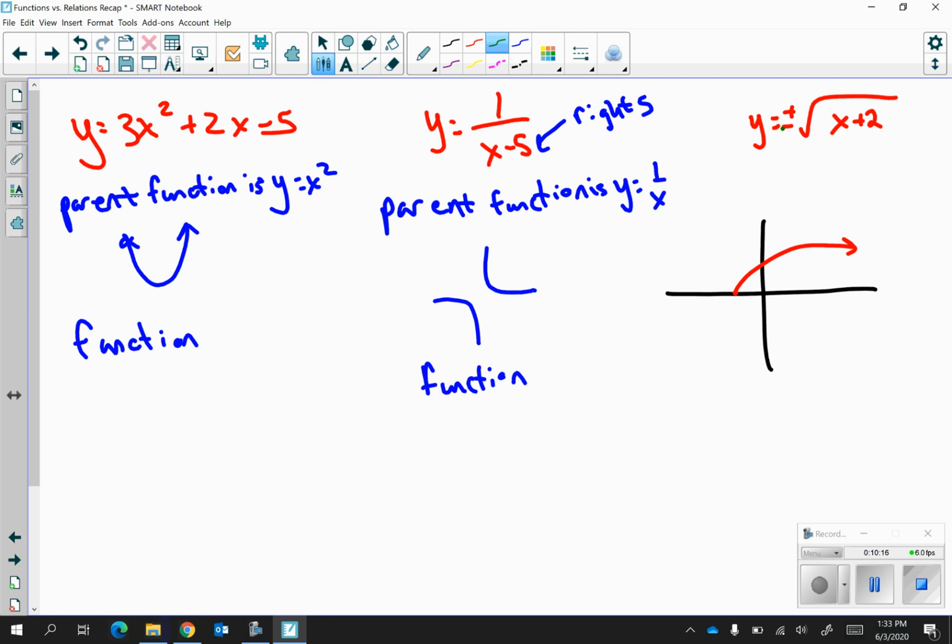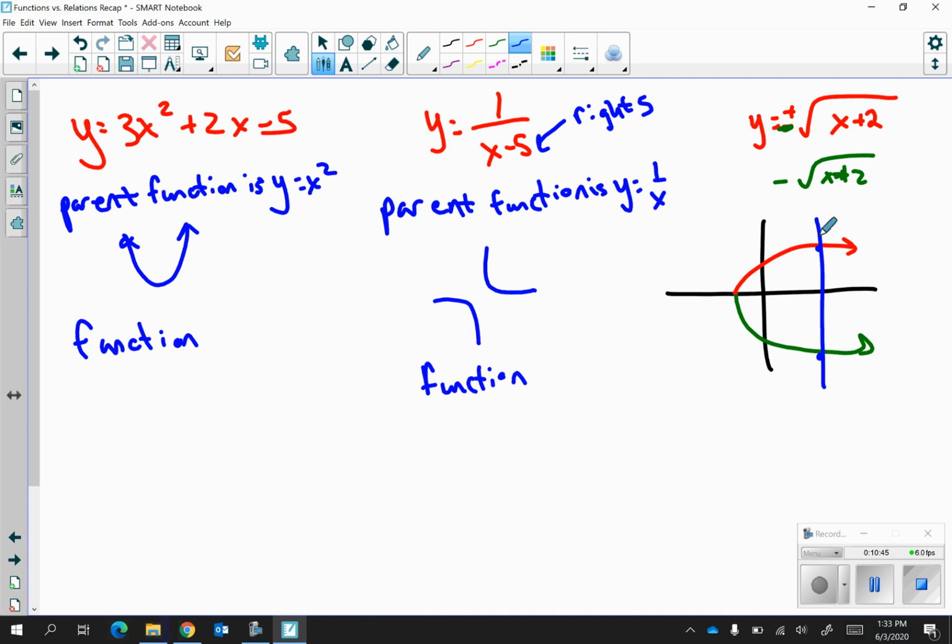But if you're talking about the negative values, you also have to include these. Because think about it, if you have negative square root of x plus 2, the negative on the outside is a reflection over the x-axis, which means everything up top is now going to go to the bottom in the green. Now that you have this, if you were to do the vertical line test,